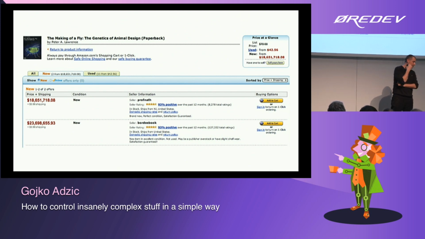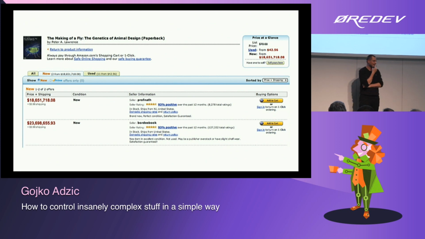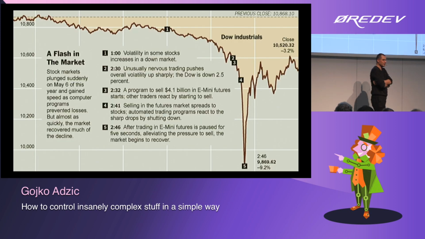And my absolutely favorite example of a runaway process happened in 2010, where the US economy went bankrupt for about 10 minutes and then recovered. And the Financial Times published this graph of what happened to the US economy. That's absolutely amazing. There's 1 trillion of value lost from stock market companies. Apple's stock temporarily jumped by more than 100 times. And what I think is incredibly wonderful is Accenture's stock went to less than 1 cent, and they were almost getting kicked out of the stock market because of that.